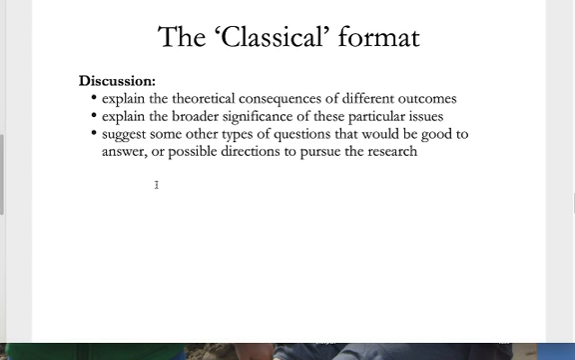Now, the discussion section is going to come back to the things that you discussed in the introduction section, these questions, these theories, these frameworks, these approaches. You're going to explain the theoretical consequences of different outcomes and their broader significance, right? So how would specific outcomes bear on our assessment of these different theories that I've been talking about in the introduction section? And then, of course, hopefully in the introduction, you've at least begun to explain why the broad area that you're researching is